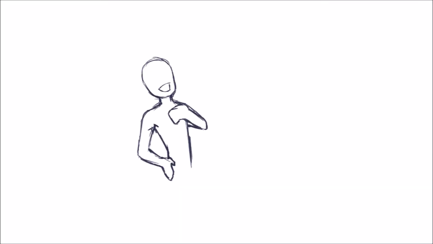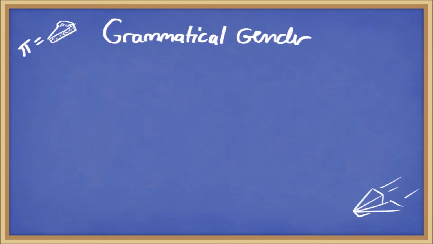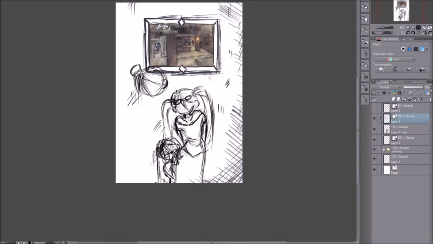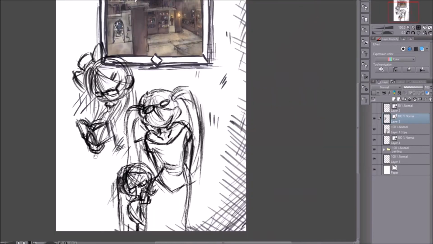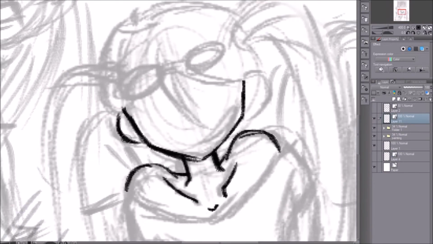Speaking of gender, I identify as... No, not that kind of gender. I'm talking grammatical gender. So, nouns in German are always one out of 3 grammatical genders: masculine, feminine, and neutral. When you've got only the nouns, you can determine that gender by the respective article, like that short word in front of the noun.